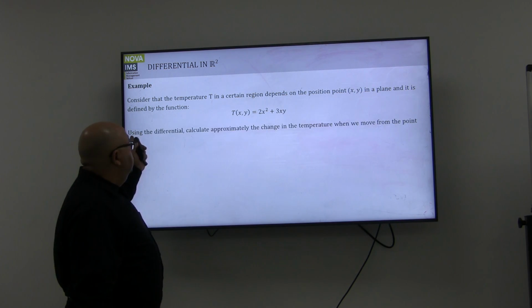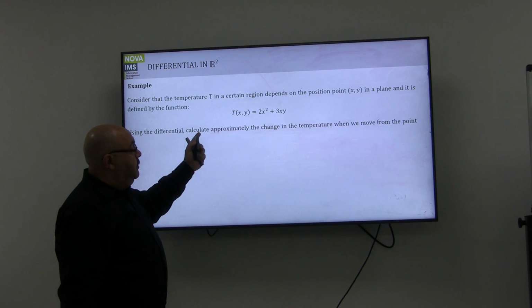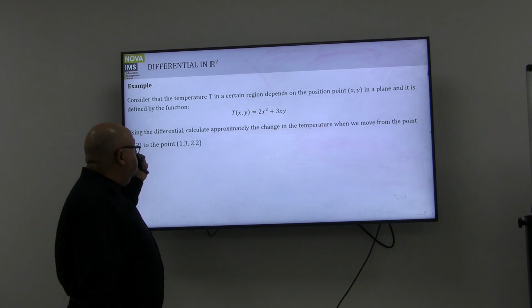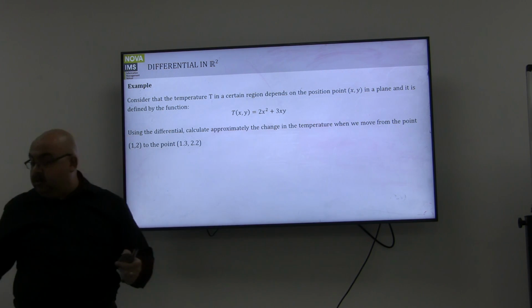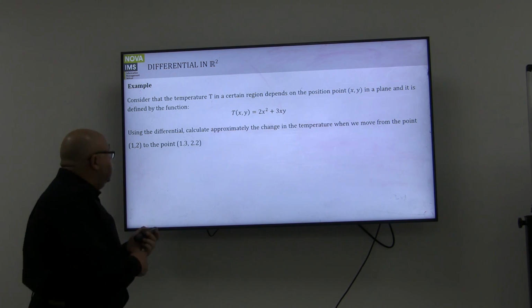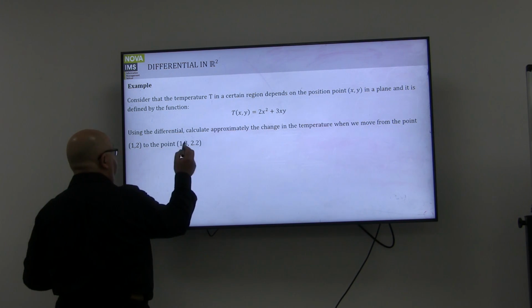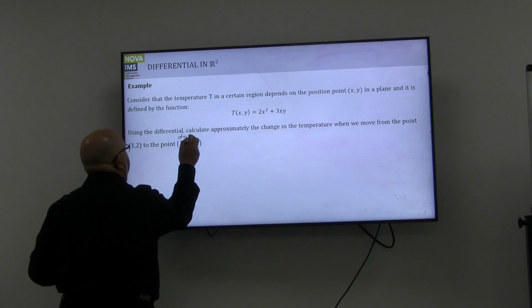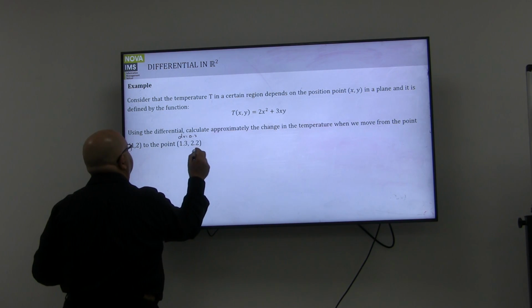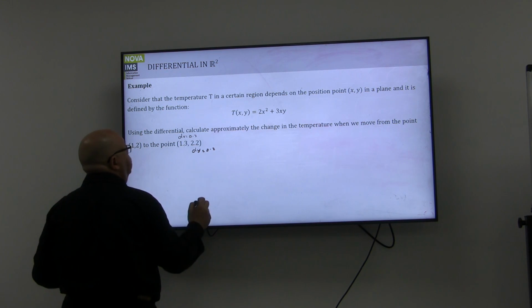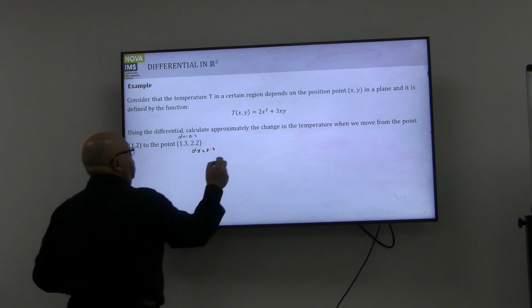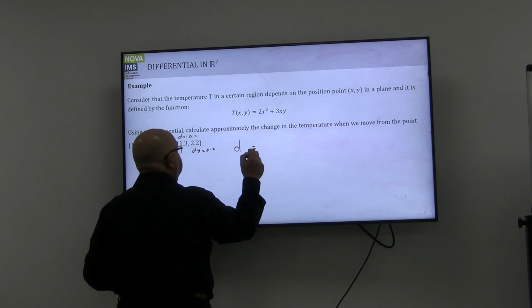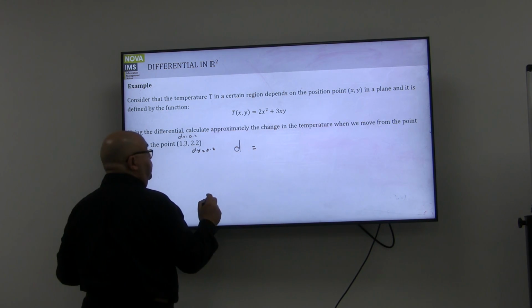Okay, using the differential, calculate approximately the change in temperature when we move from the point (1, 2) to the point (1.3, 2.2). This is really very simple. From these two remarks, I will remark that dx is equal to 0.3 and dy is equal to 0.2. So all I have to do, if I want to find the differential of my function at (1.3, 2.2),